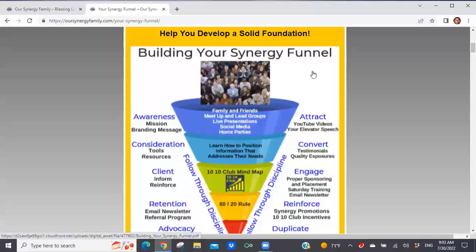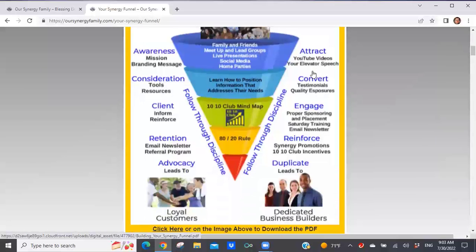Are you missing something that could be significant to adding to your Synergy business, that will help you do a better job acquiring customers or attracting business builders and moving them down through your funnel, so that you can eventually end up with what we call loyal customers and dedicated business builders? What I want to do today is expose you to this